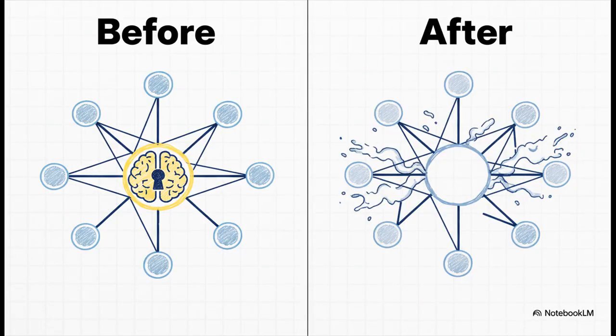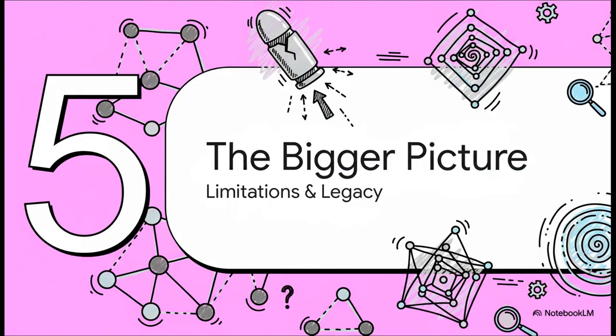You take out just one person with a high eigenvector centrality score, and you can literally fracture the entire network. It cripples the organization's ability to even function. It's a much, much more devastating blow than just arresting a dozen low-level guys who are going to be replaced by next week anyway. But of course, no single tool is ever a perfect silver bullet, right?